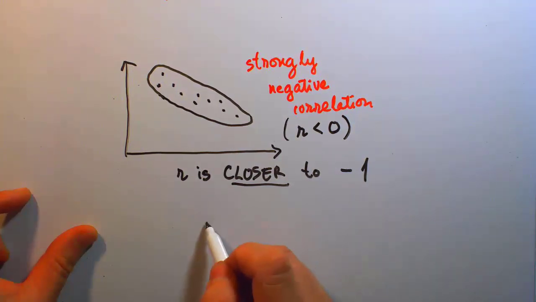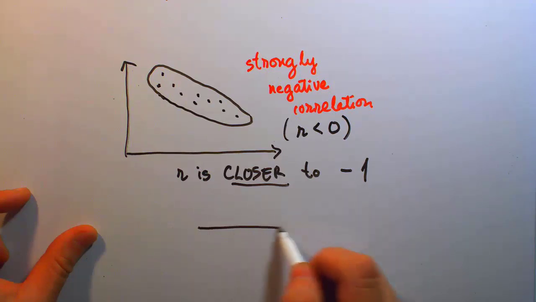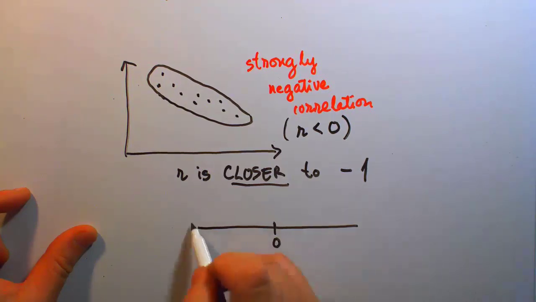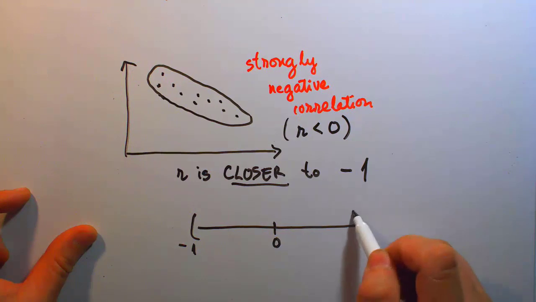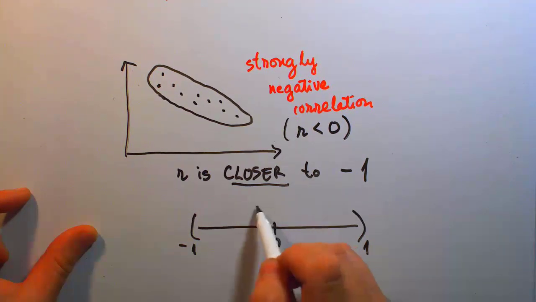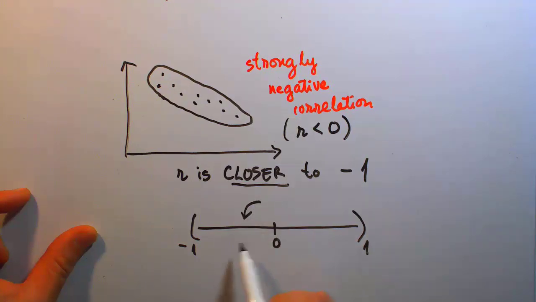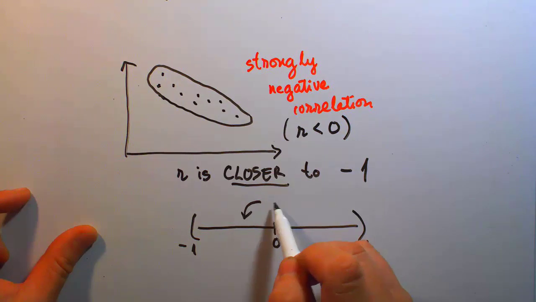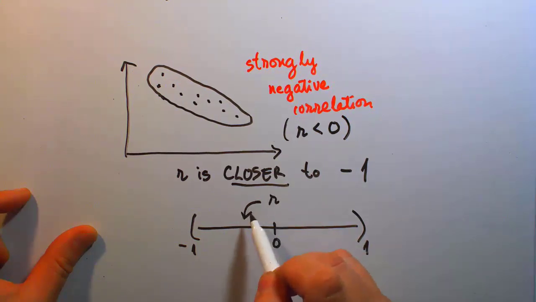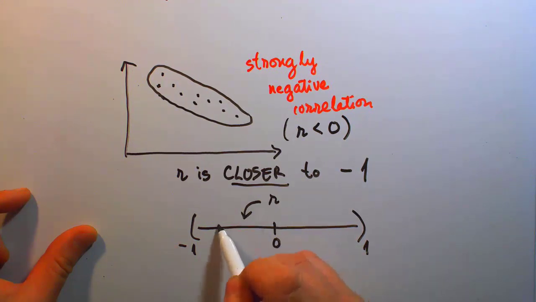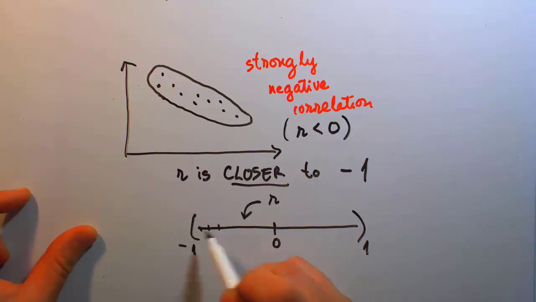And so once again, I'm going to bring up that similar interval. So you got an interval, 0 is exactly in the middle, -1 is here, 1 is here. So if your R value comes out after calculation being in the negative zone right here, somewhere to the left-hand side of 0, that's some negative correlation. But then if you keep getting closer to the -1 extreme, then